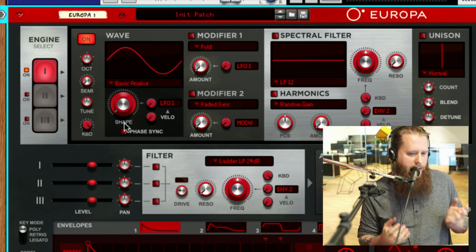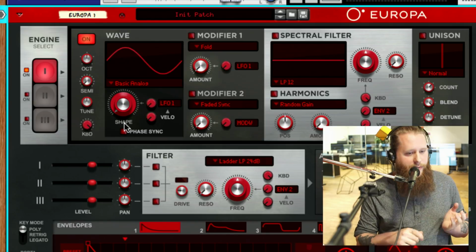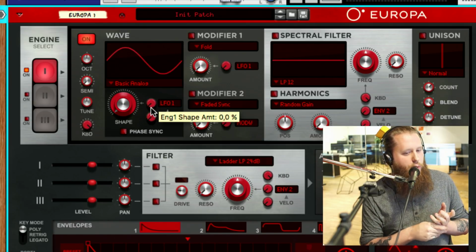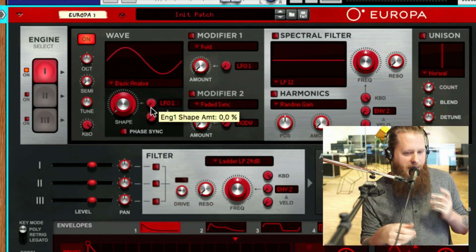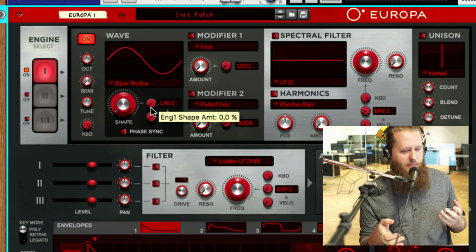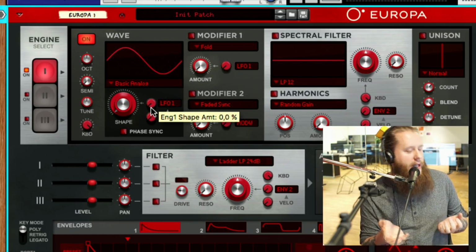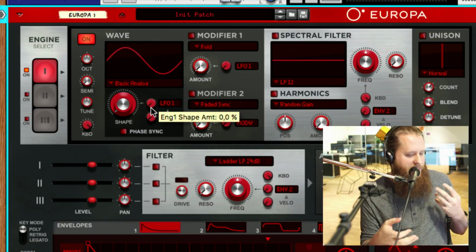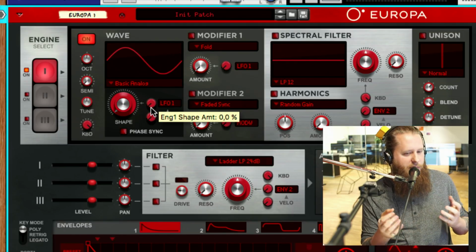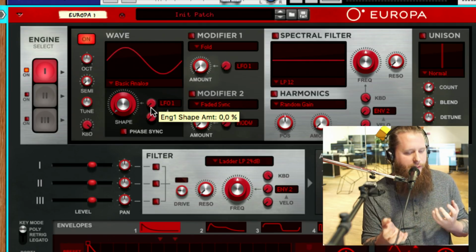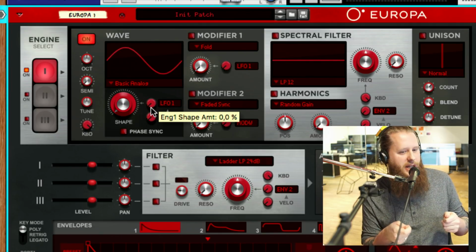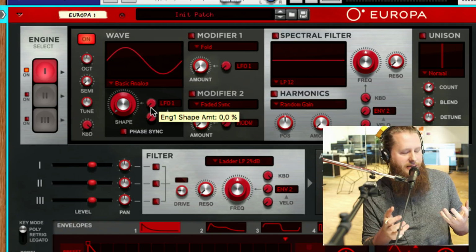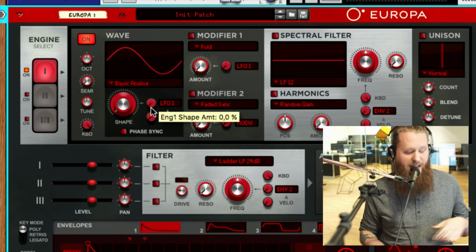So after we've chosen a wavetable or an engine, if you will, this goes through to modifiers. This is where it starts getting a bit complex. My biggest recommendation is to try them out, see what happens. I can show you a couple of these and let you get a feel for it. What I found when using Europa was really fun is just trying the different combinations of wavetables and other things. So having this basic sine wave again,